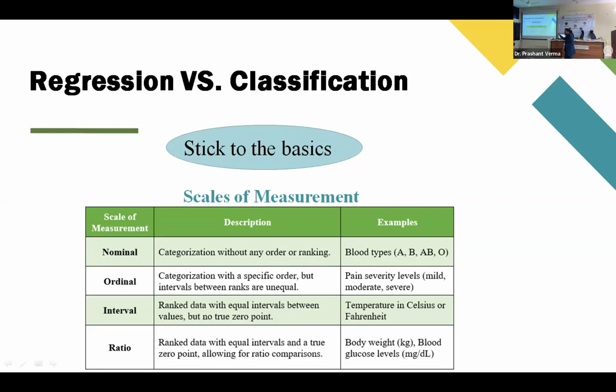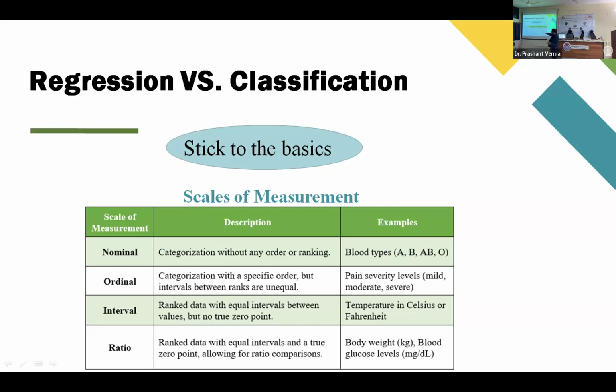It can take negative values as well, minus 20 degrees, minus 30 degrees. So here 0 doesn't represent absence of the attribute. Whenever a variable has this kind of situation where 0 doesn't mean absence of that attribute, it will be on an interval scale. Another is the ratio scale. Why are we thinking about this? Before building any model or doing any analysis, we should know the variables first. You must have heard about data visualization and data exploration. When you are working on a domain-specific problem, it's very necessary to understand your data.